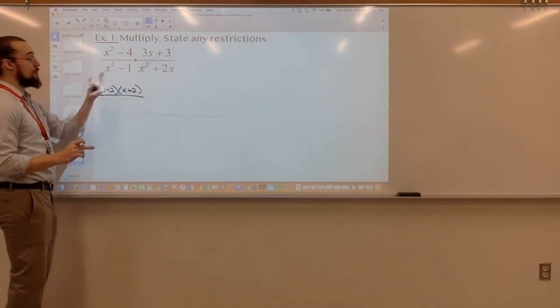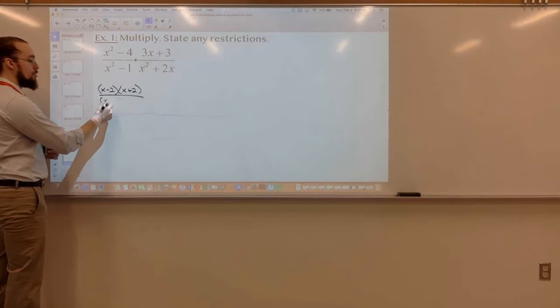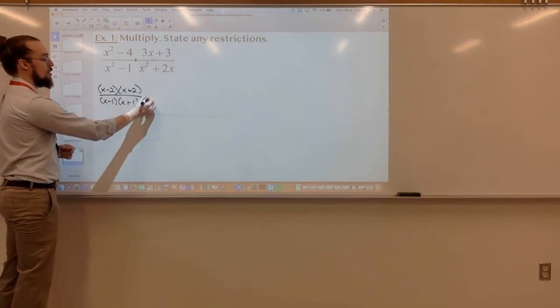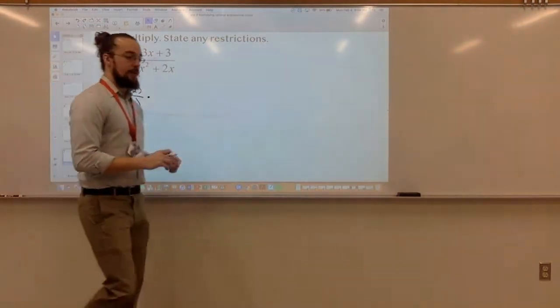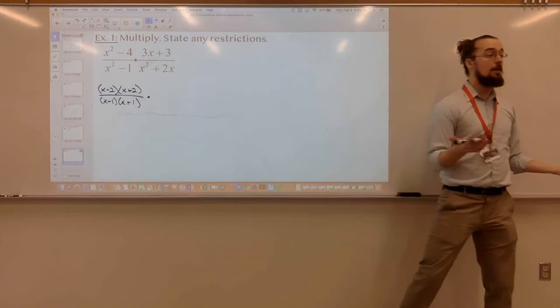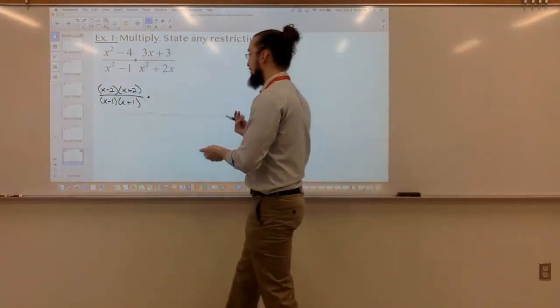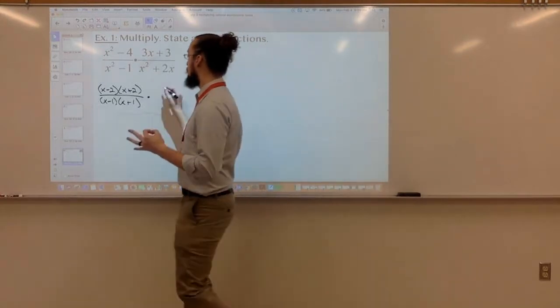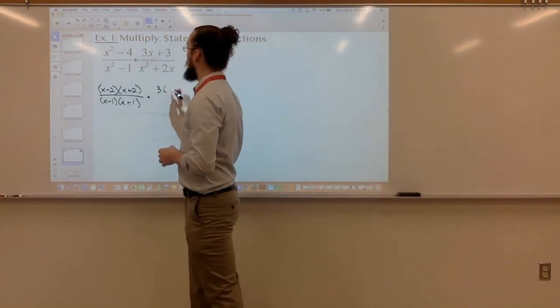Yeah, this is also a difference of squares, right? So this would be x minus 1 and x plus 1. Now, how about up here? 3x plus 3. Is there a GCF? Yeah, there's a GCF here. What can I take out of both of those? Take out a 3. So I would be left with